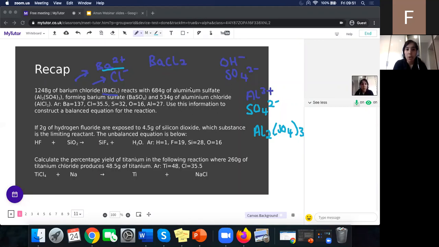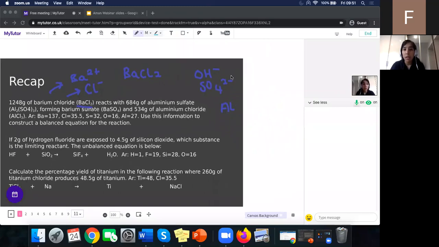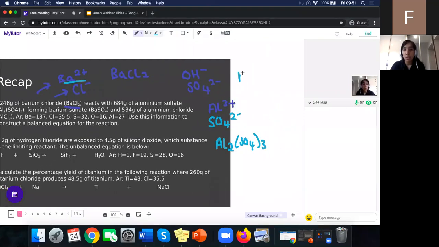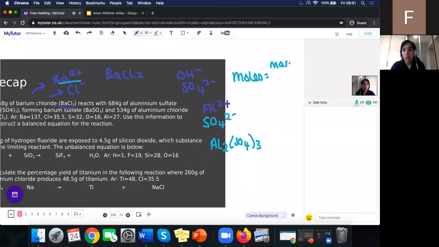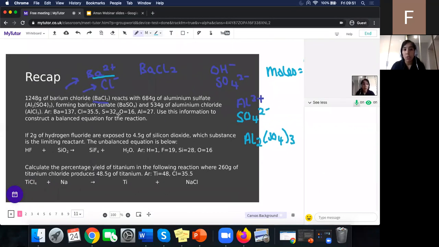Yep, you work out the moles. Excellent, well done everyone. So to work out the moles then, remember our equation for that is that the number of moles equals the mass over the MR. So in this question, we need to calculate the number of moles for all of the reactants and all of the products. So for barium chloride, that would be